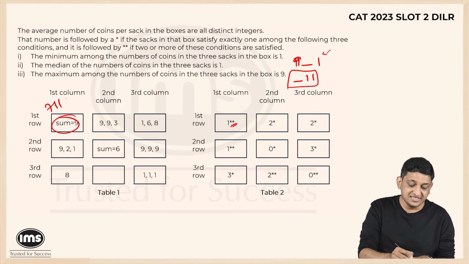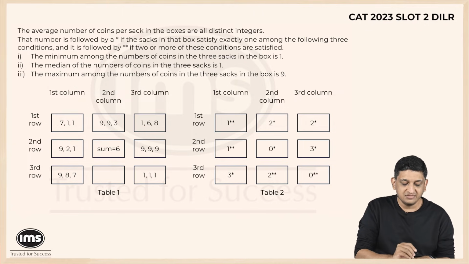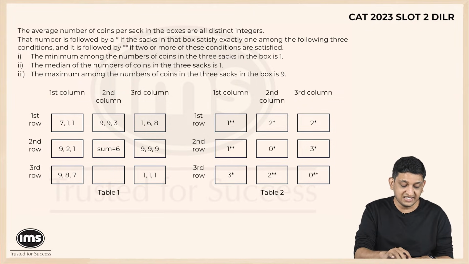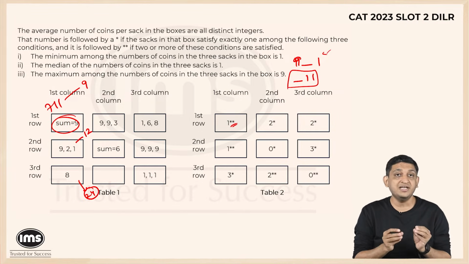We also know that if this is 7-1-1, the total becomes 9. The total of this is 12. 12 plus 9 is 21. The total of this becomes 24. You look at the median number, that is 8, right? If you see the median and if you look at it as 8, let's say, then what will happen in this particular context is we will need to make it 24.